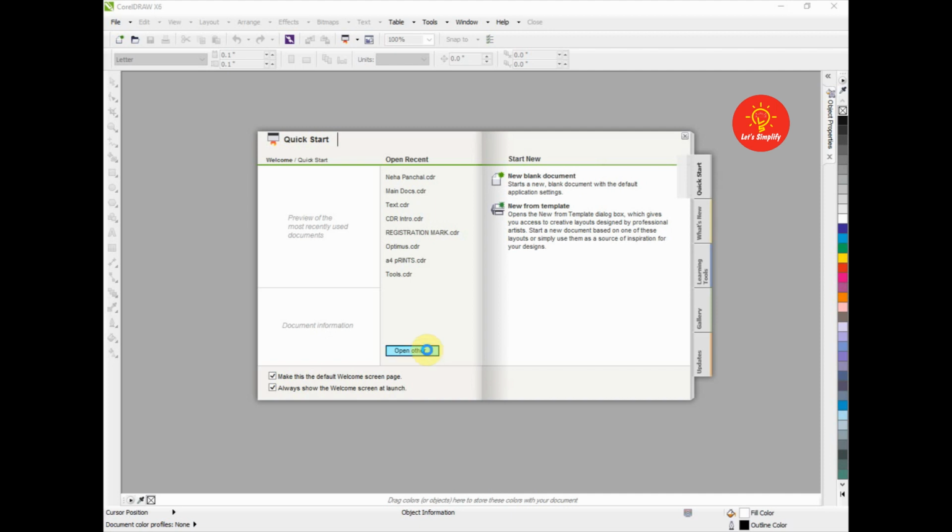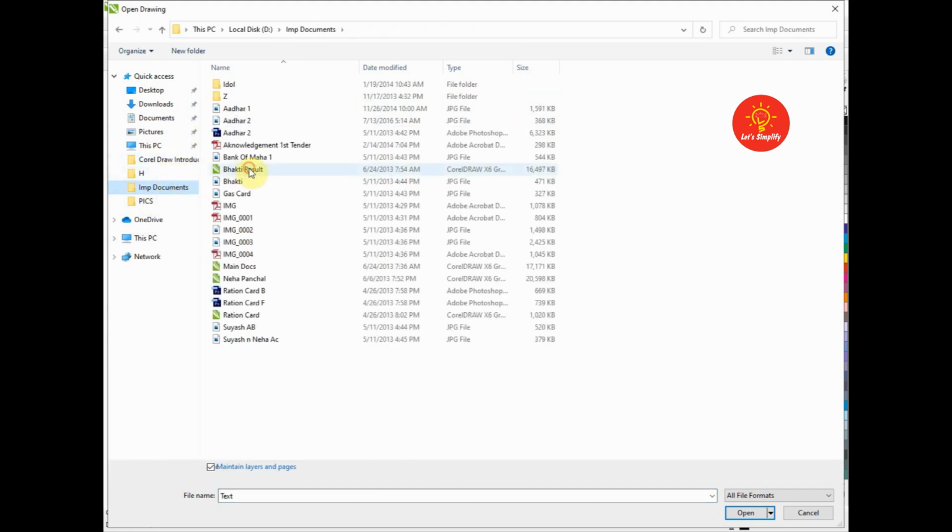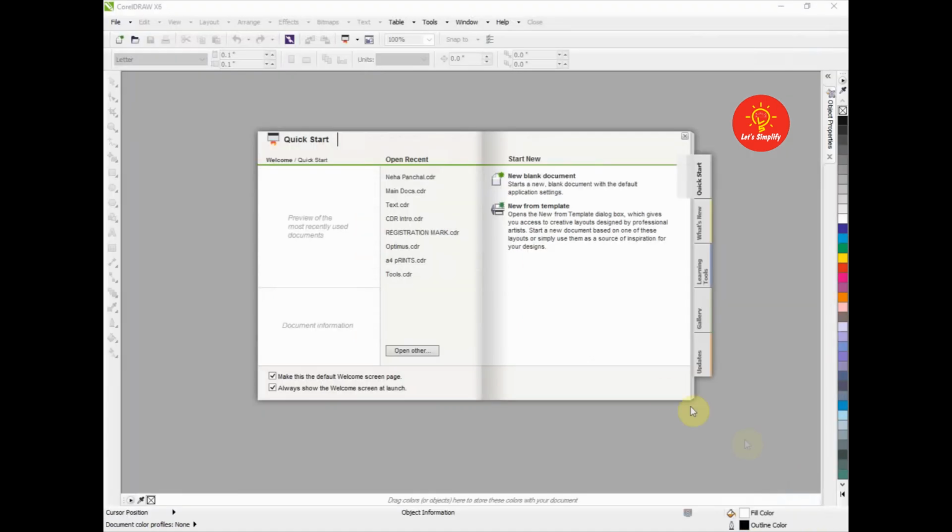We will click over it. Now we can access the files from our folders. We are going to select the file and simply click on the open option over here. By this we can open the file in our CorelDRAW.